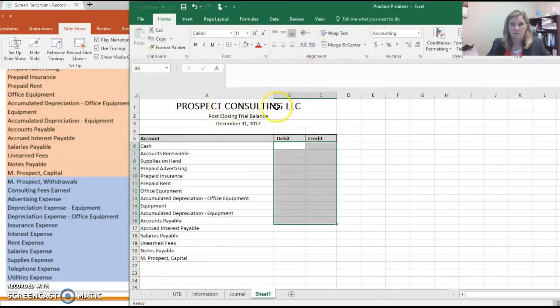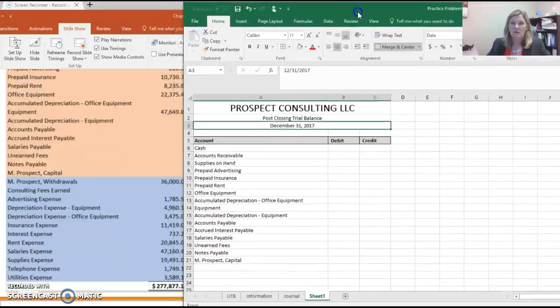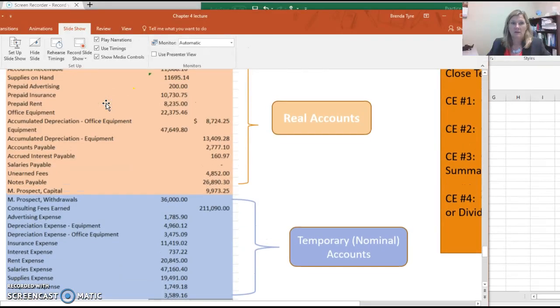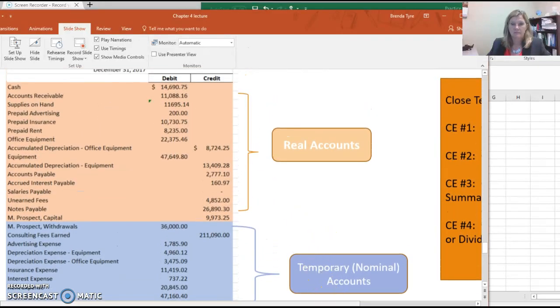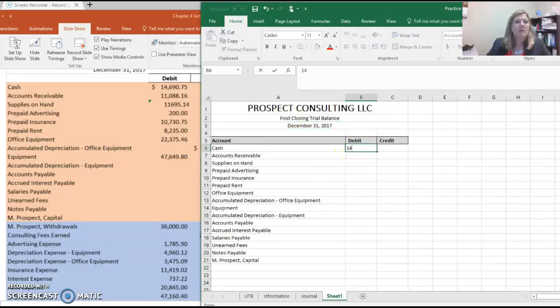So here's my Prospect Consulting post-closing trial balance for the period December 31st, 2017. I have closed all of my temporary accounts, so the only accounts that I have left for this are those permanent or real accounts, the ones in the peach. So let's start bringing over the balances. Cash,